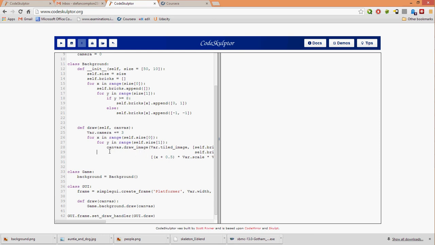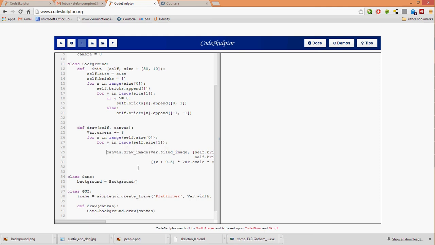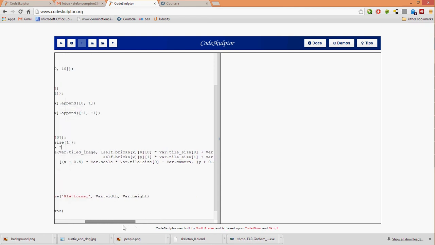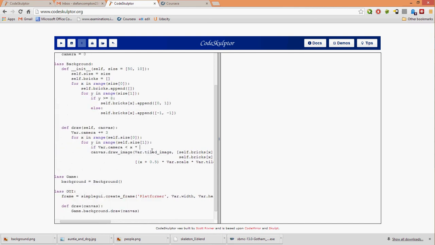So there's one other thing I want to do. We're drawing every single block in that 50 by 10 array, so all 500 blocks every frame. But most of them are not on the screen. So we're just going to put a test in here. If the camera is less than the X position, but we want the X position where it is drawn. So it's the X position times the scale